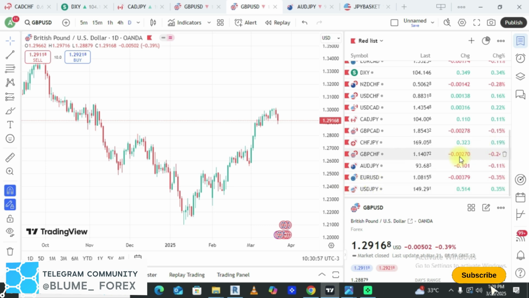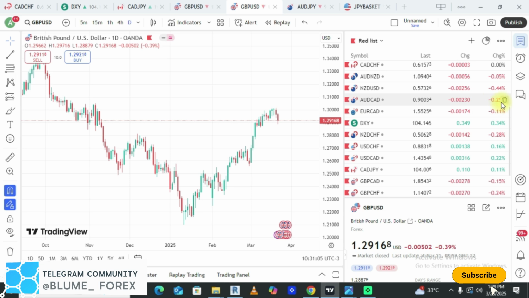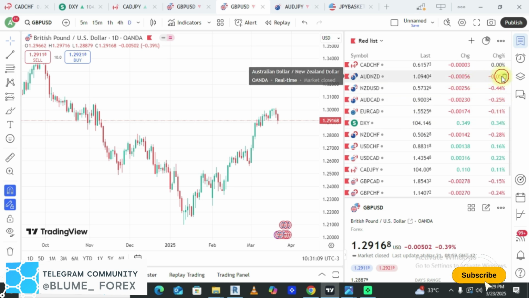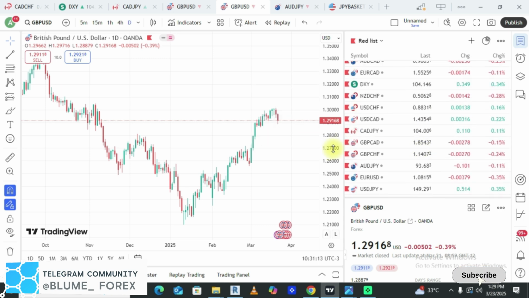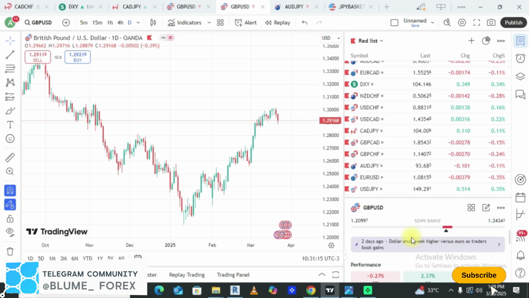You can also delete pairs from your watch list. If you don't need them, you just click on the delete button and delete them from your watch list. Let's say you want to delete this one from your watch list, and delete it. So that is it. Now coming down here,